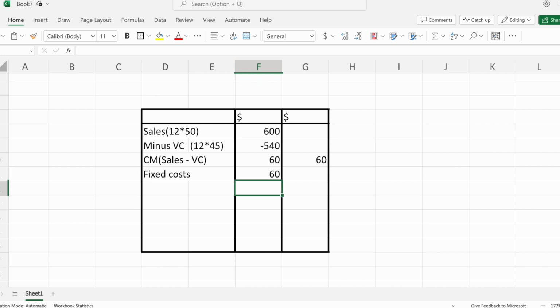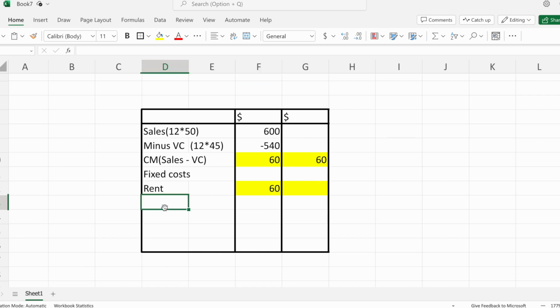So now we have a subdivision of the rent. Oh, my bad. Rent being $60, right? Now, to get the net profit, you have to minus the fixed costs, the total fixed costs, from the contribution margin, to get the net